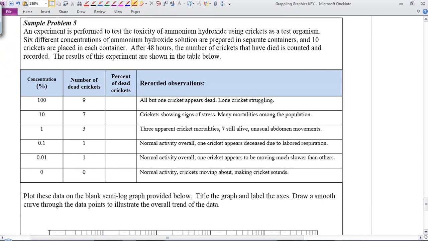All right, an experiment is performed to test the toxicity of ammonium hydroxide. If you've ever smelled ammonia, smelling salts, that's ammonium hydroxide. It is in solution until you open the cap, and the minute you open the cap, ammonium hydroxide decomposes and gives off ammonia gas. So, using crickets as a test organism,